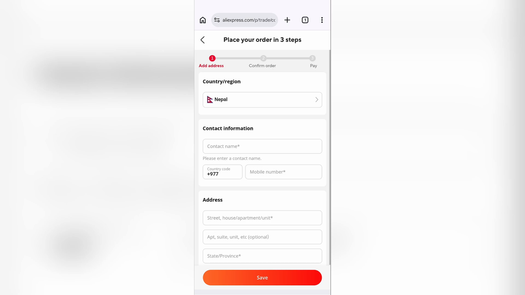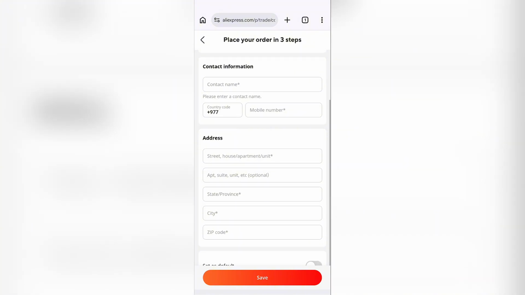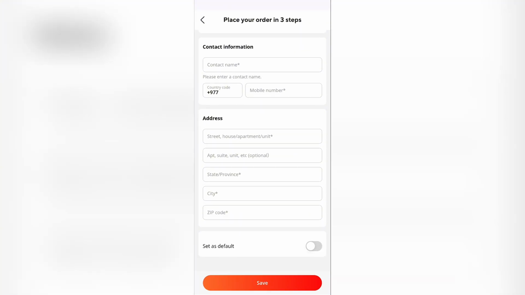First of all, you need to select your country/region, and once you select that, you need to select your contact information, which includes your name and your mobile number, and then you need to add your address, which includes your street and house. Apartment, suite, unit are optional. And after that you need to select the state or province, which is necessary, and also the city, which is